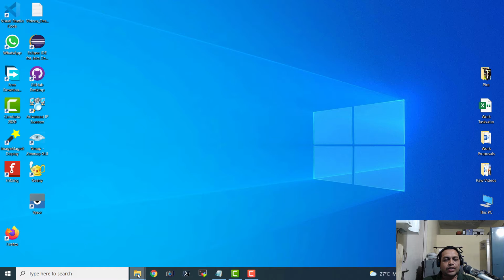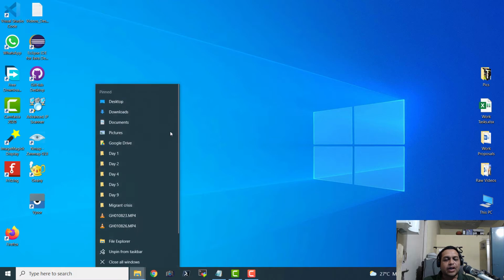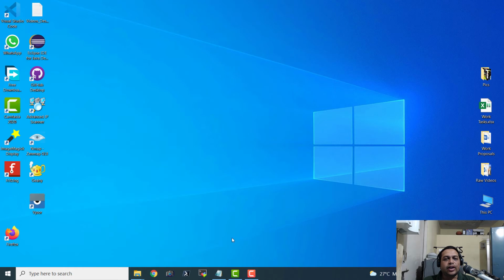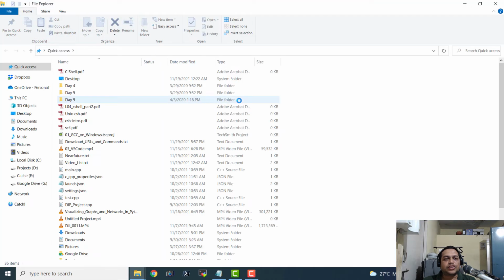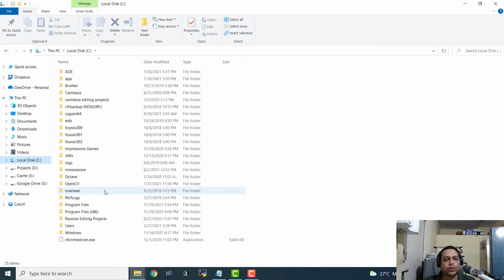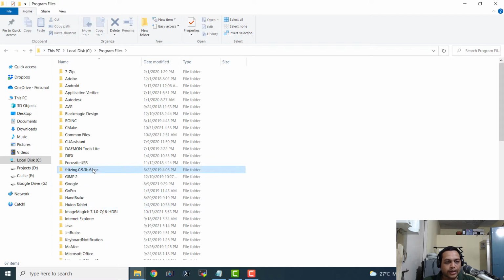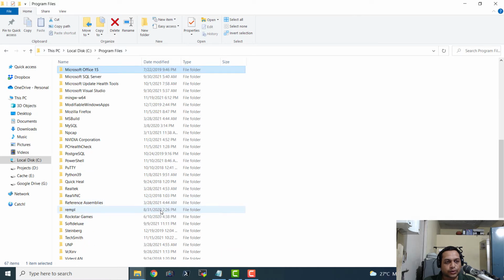So I have been working with this tool for quite some time now, and I remember the directory where it installs MinGW64 by default. So we have to go to C: and Program Files, and here we have to check for MinGW64. Yes, here we have the MinGW W64.